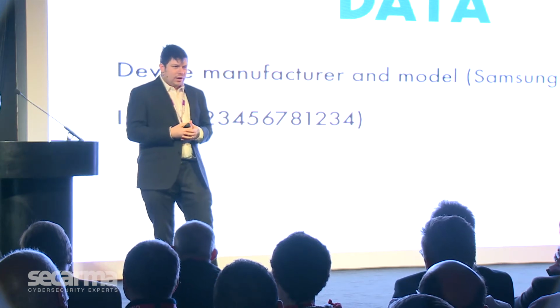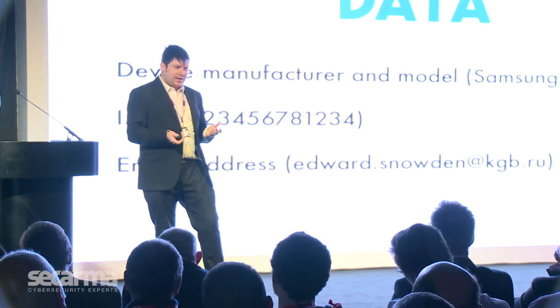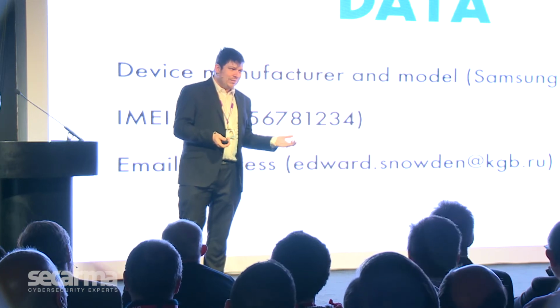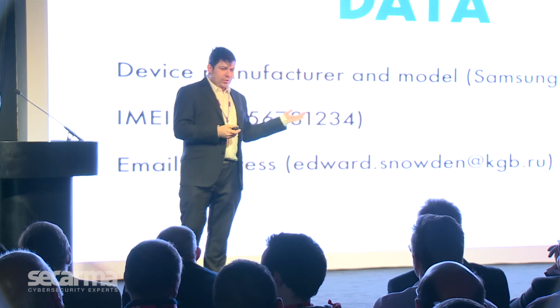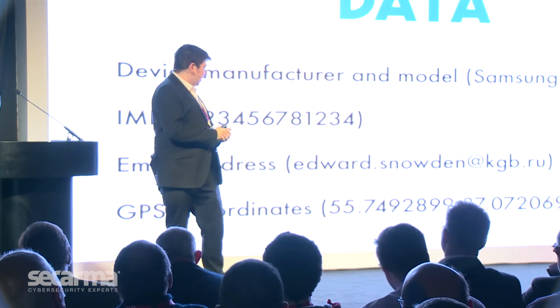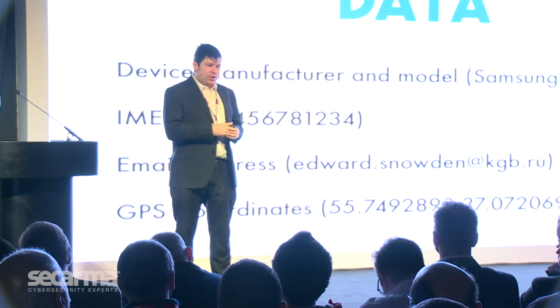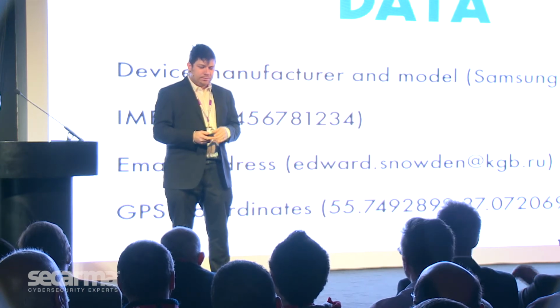It doesn't necessarily tie me to the device. What does is maybe my email address. Most people have their first name, surname at the organization you're working for. That's pretty personally identifiable. Immediately you can tell what the IMEI device is, but then also who owns it. And then because of the GPS permission it asked for earlier, it was taking your GPS coordinates and sending that across to this third-party analytics company as well.